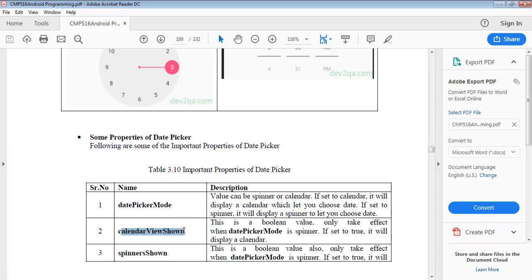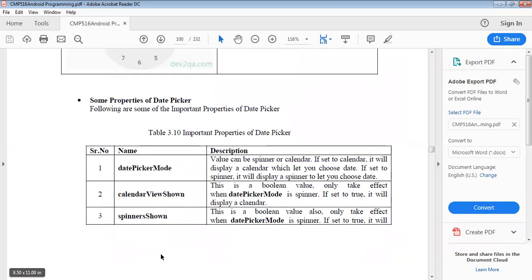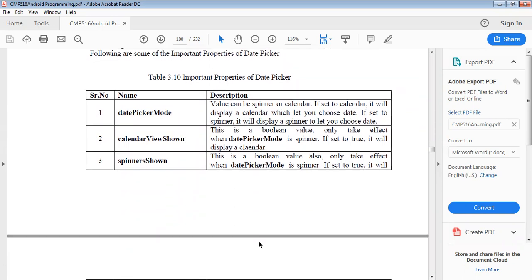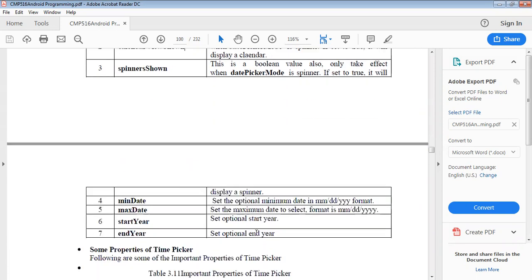Second is calendar view show, a boolean value that only takes effect when the date picker mode is spinner. If set to true, it will display the calendar along with the spinner.